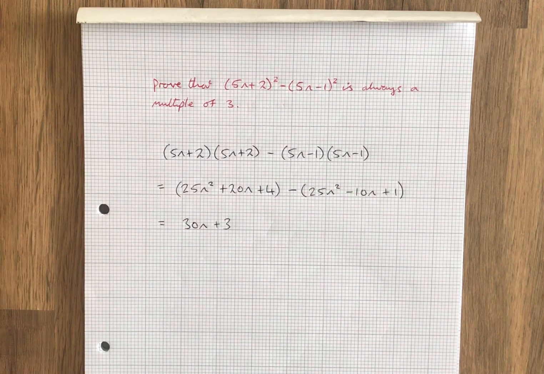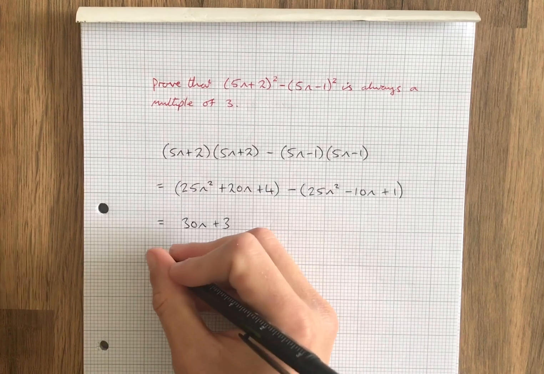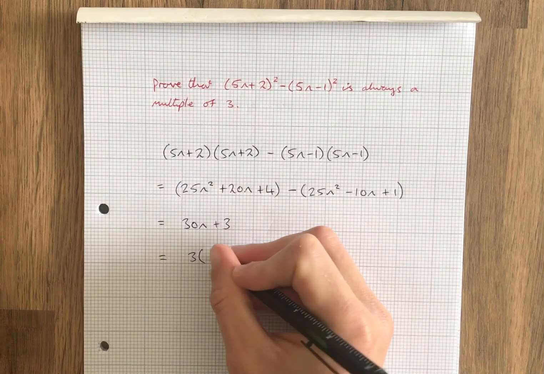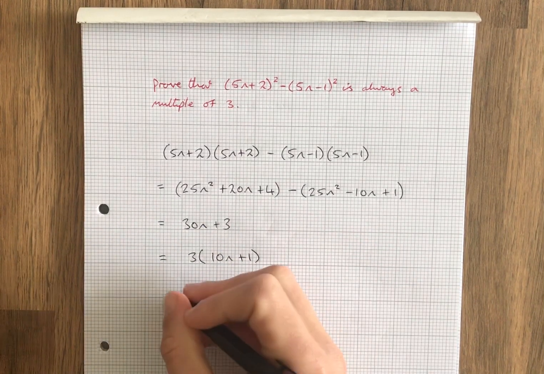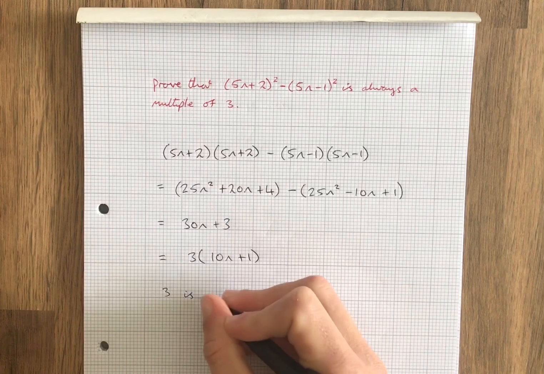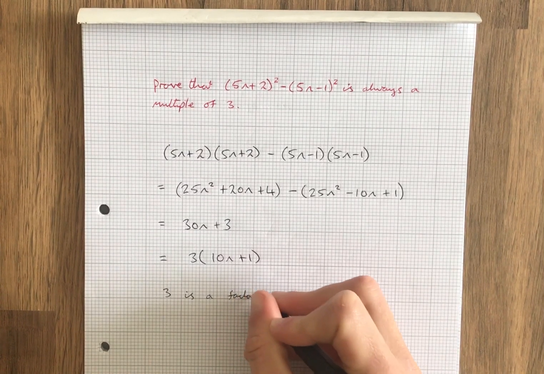Obviously, we're trying to prove that this is a multiple of 3. So we're looking at taking out a factor of 3. And luckily we can see that 3 is an obvious factor of these two terms. So if we factorise 3 out, that will leave us with 10n plus 1. And then we can explain that 3 is a factor,